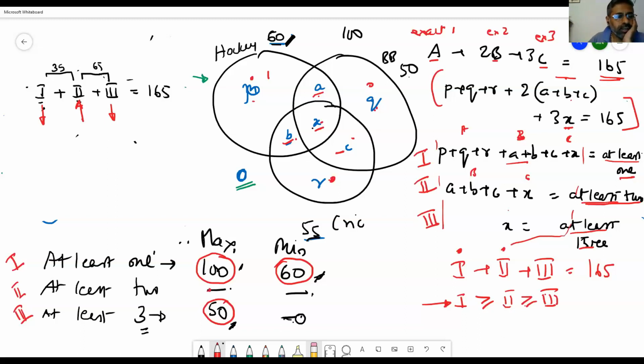Then what do I do? What is the minimum value for 3? We saw this as 0. We saw this as 3. But here, the condition is that this 1 will always have to be greater than 2, right? We cannot have that. So which means what we need to do, that 165 has to be split in 2 parts, in such a way that this is there. So what I can do is I can split it as 82 and 83, which will add up to 165. Is this clear?